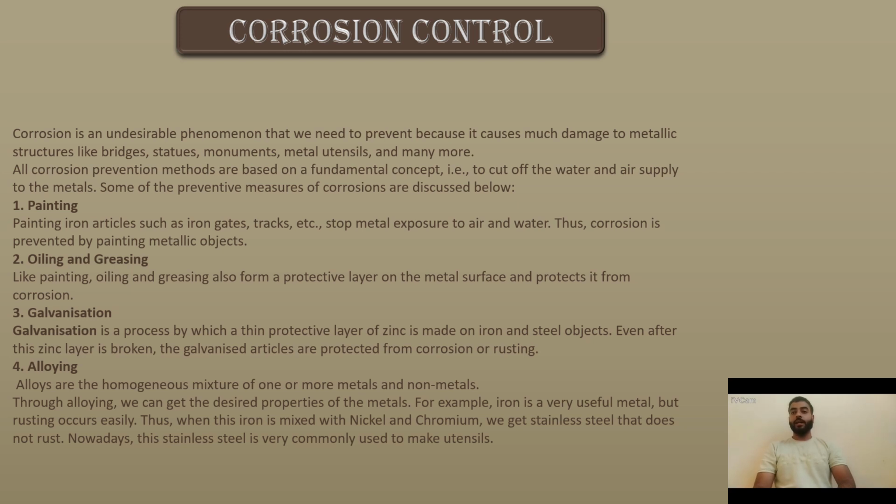Oiling and greasing. Like painting, oiling and greasing also form a protective layer on the metal surface and protect it from corrosion. Galvanization. Galvanization is a process by which a thin protective layer of zinc is made on iron and steel objects. Even after this zinc layer is broken, the galvanized articles are protected from corrosion or rusting. Alloying. Alloys are homogeneous mixtures of one or more metals and non-metals. Through alloying, we can get the desired property of the metals. For example, iron is a very useful metal, but rusting occurs easily. Thus, when this iron is mixed with nickel and chromium, we get stainless steel that does not rust. Nowadays, stainless steel is very commonly used to make